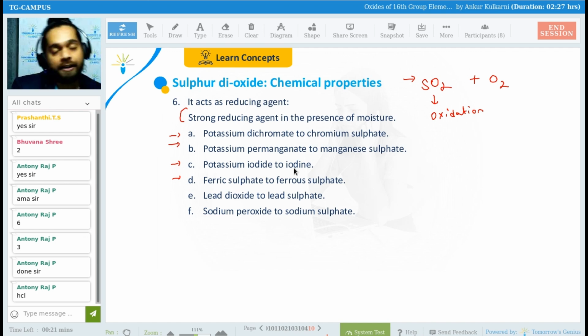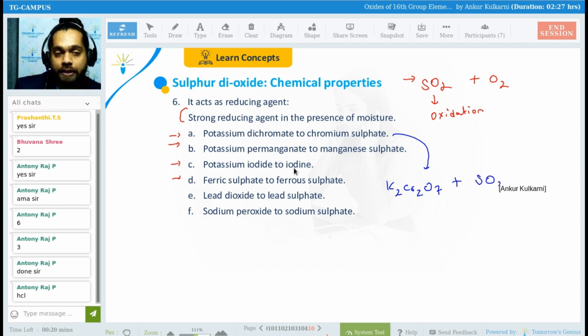Check. Do trial and error and tell me potassium dichromate. What is potassium dichromate? Question C, Sadhana. That is K2Cr2O7. If I take K2Cr2O7 and react it with sulfur dioxide,